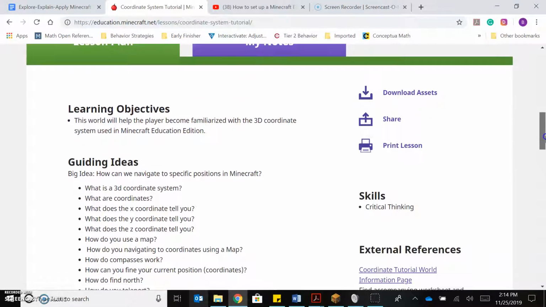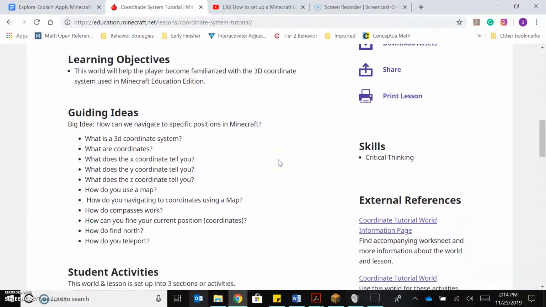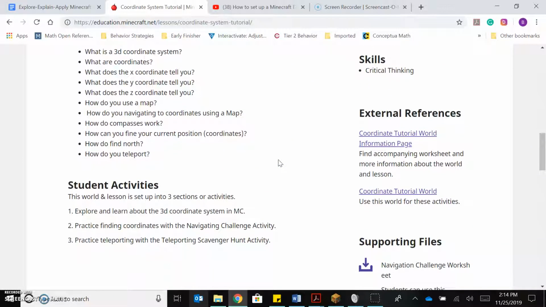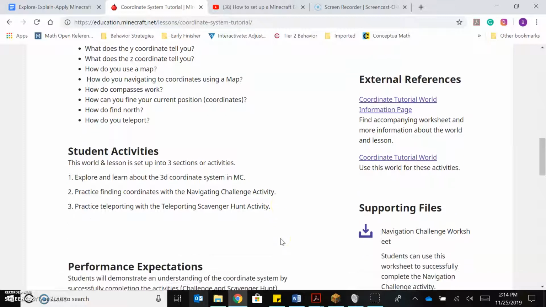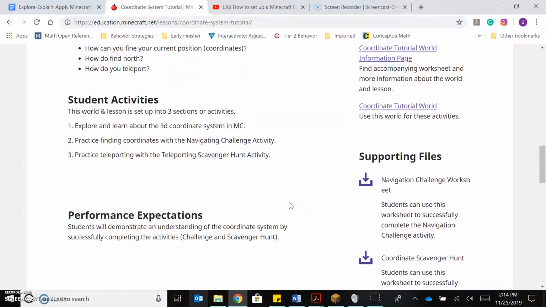Here's the lesson plan, which you can print right here. It includes the learning objectives, your guiding ideas, and your student activities. So we can see here that for this particular lesson, they're going to be exploring and learning about the 3D coordinate system. They're going to practice finding the coordinates, and they're going to practice teleporting with the teleport scavenger hunt activity. So these two activities they have listed here, we can actually download underneath the supporting files right here and